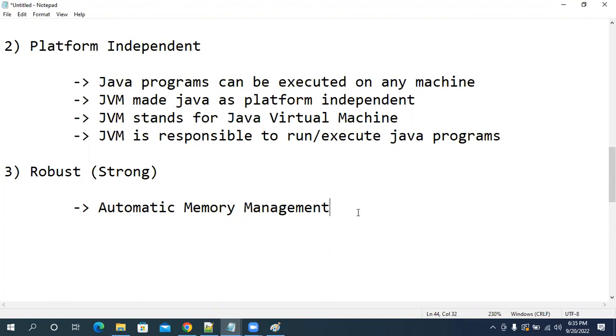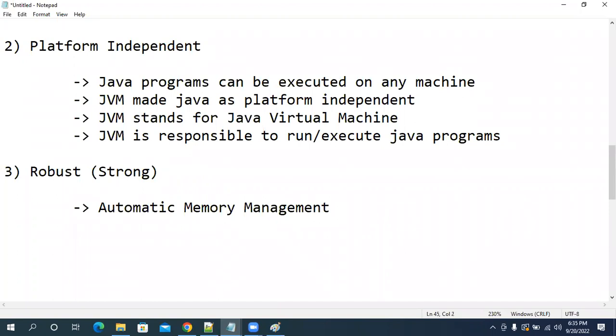After my program execution is completed, I need to clean up that memory. Memory allocation and memory deallocation will be taken care of by JVM. Automatic memory management is available in Java. As a programmer, you no need to bother when to allocate the memory, when to deallocate the memory. That will be taken care of by JVM.